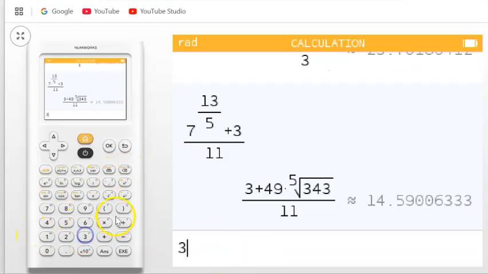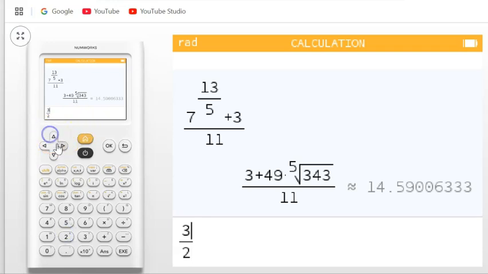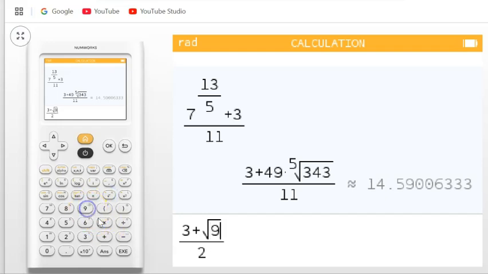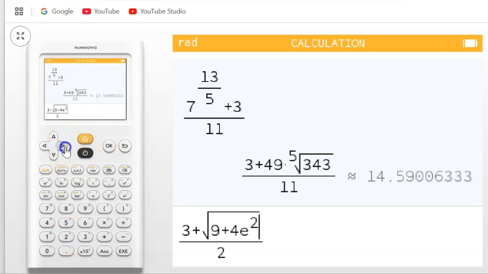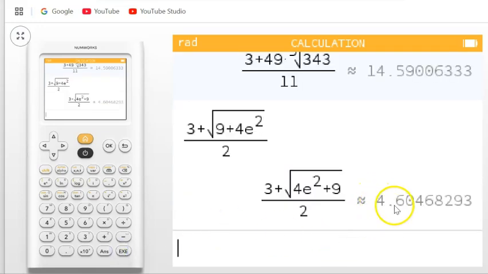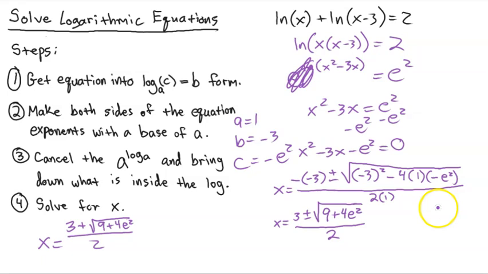So we're going to do 3 divided by 2. That'll give me my fraction. Now in the numerator, I need to do plus the square root of 9 plus 4e squared. There we go. This is the whole thing. Now I just press execute, and I get 4.605. So this is going to be 4.605. Our other solution is going to be x is equal to 3 minus the square root of 9 plus